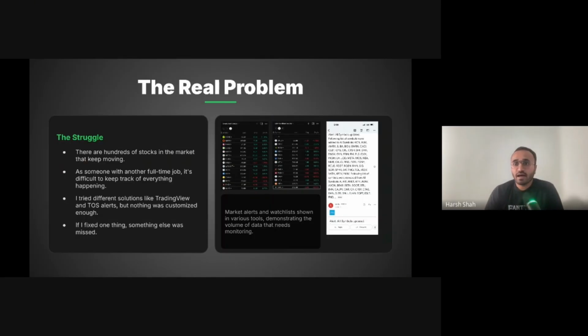Also, the real problem, I'm pretty sure a lot of us are experiencing it today. The screenshots that I have here are from TradingView. I bought premium subscriptions. I have different watch lists where I keep adding stocks, removing stocks, and moving stocks. On the right side, I have Think or Swim where I set custom alerts. I wrote some scripts. But what was happening is multiple tools, and it was difficult to keep up with the watch list. If something happened, I was not able to get alerted. I didn't have a process that I could rely on. So this was one of the biggest problems that I faced, even with premium subscriptions.